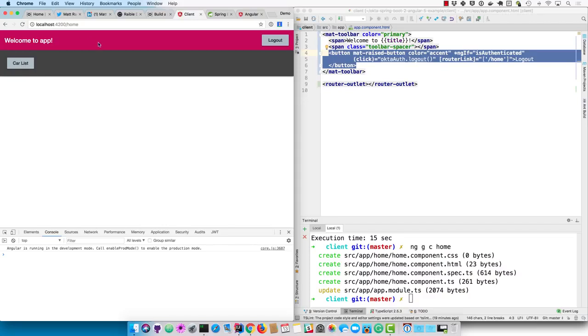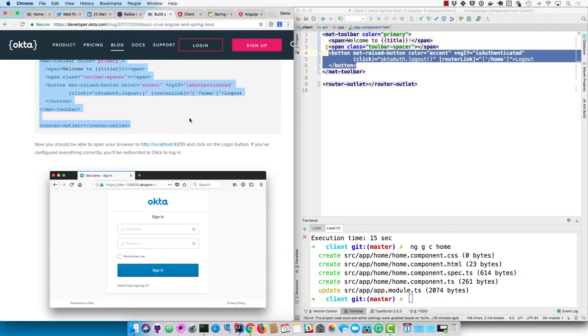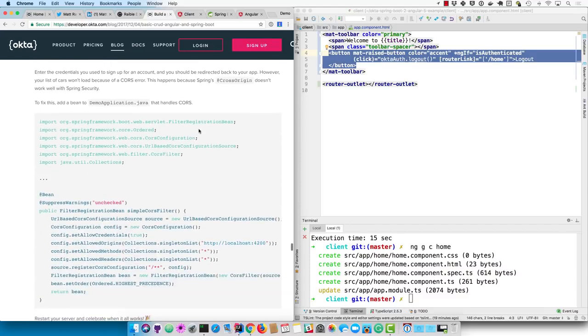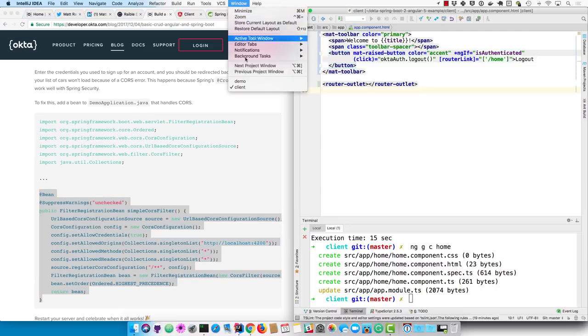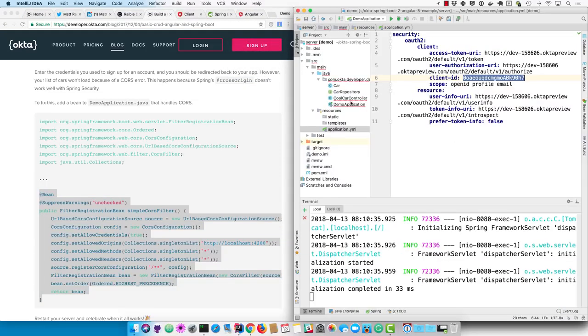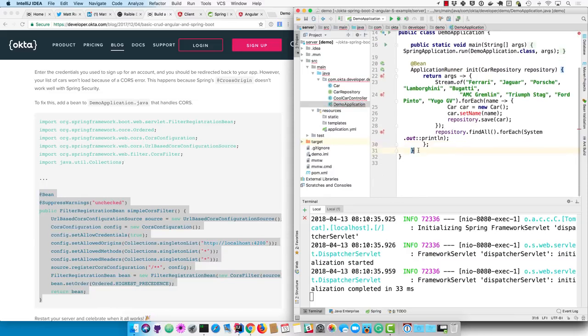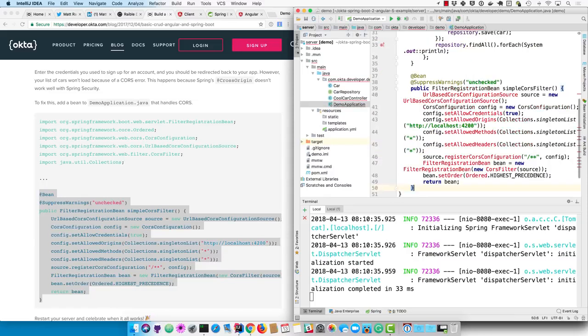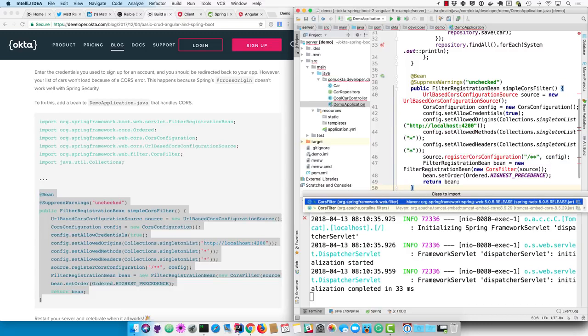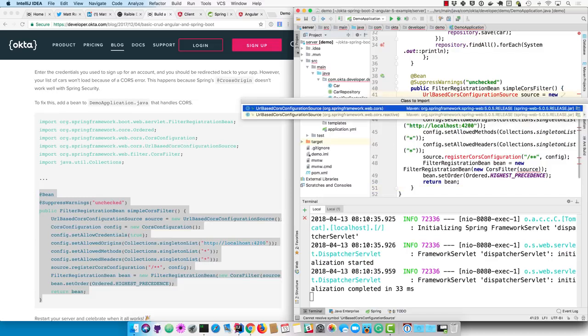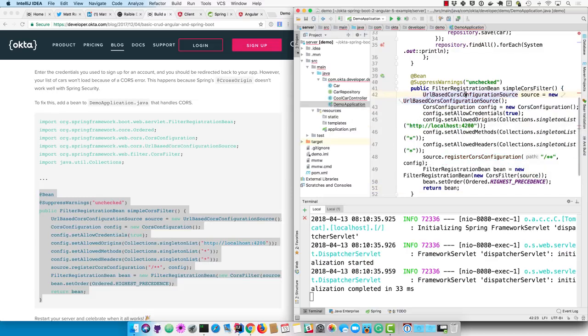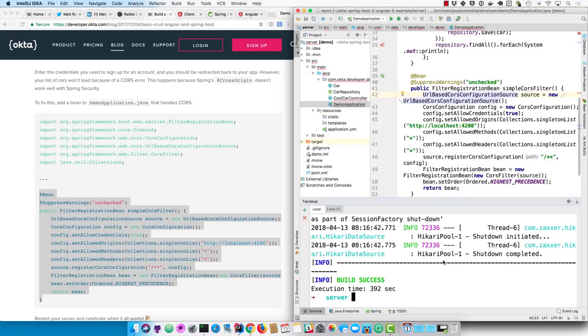If I clicked on this car list, I know that it won't work though because the cross-origin annotation doesn't play well with Spring Security, so you do have to add a simple CORS filter in the server demo application.java. And there are a couple choices for the CORS filter, so make sure you pick the Spring one, and then URL-based CORS configuration source. Make sure you pick the one that's non-reactive. And then save that, restart your server,